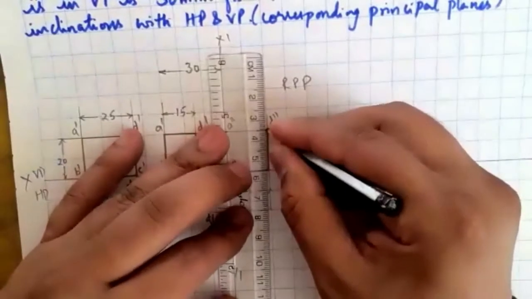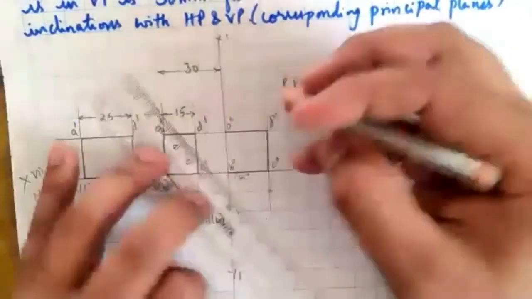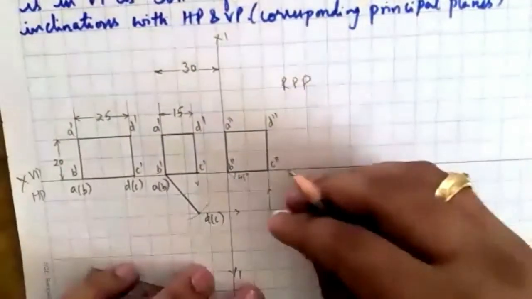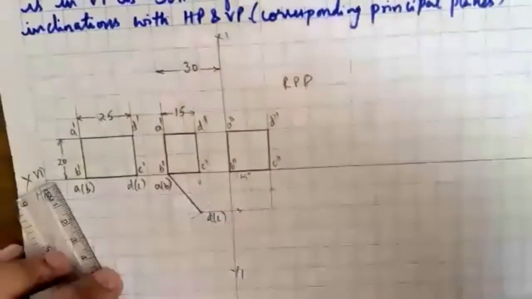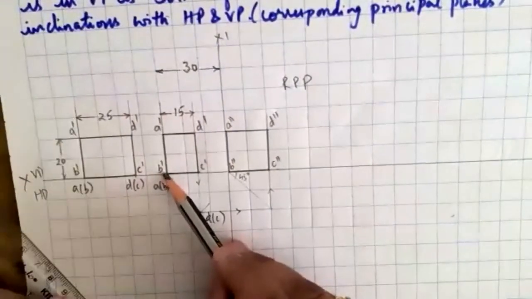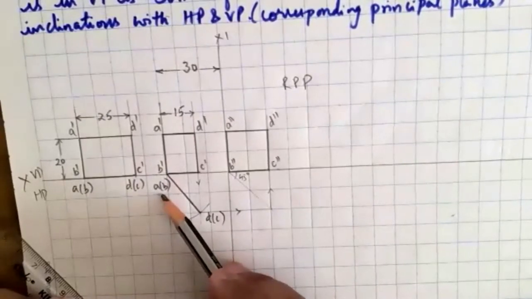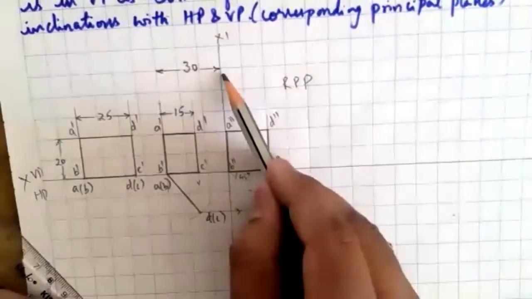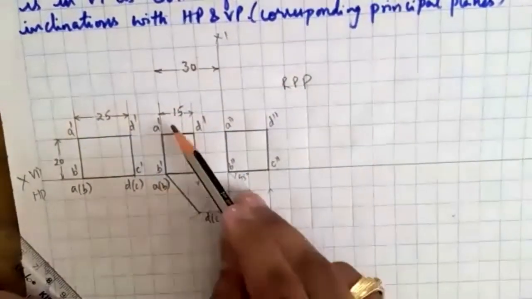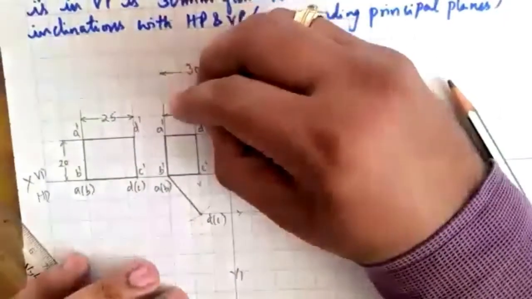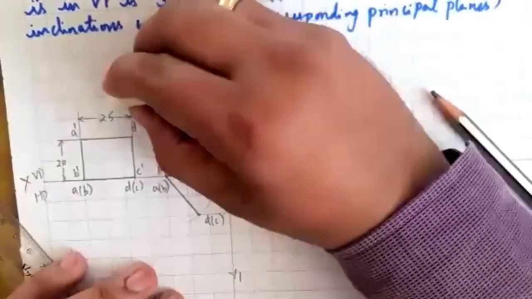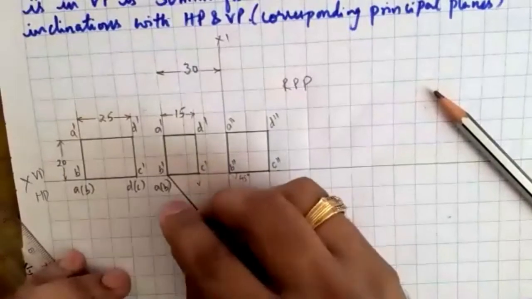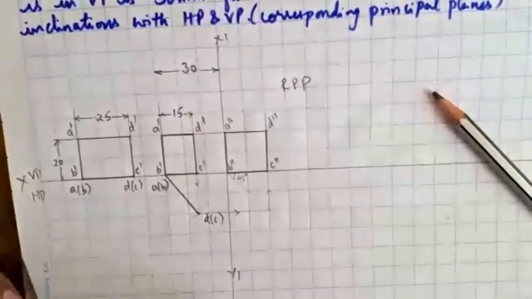A to B, B to C, C to D, D to A, and A to B. In the side view, it is seen like this. Erase this extra line. And remember, AB is the side which is in VP. As you can see here, top view AB, this is the side which is in VP. This side is at a distance of 30 mm from RPP. First construct this figure and then draw the 30 mm. And erase the unwanted lines. Unwanted lines can be erased like this. Here also the small arc can be erased, and very finely you can keep it.